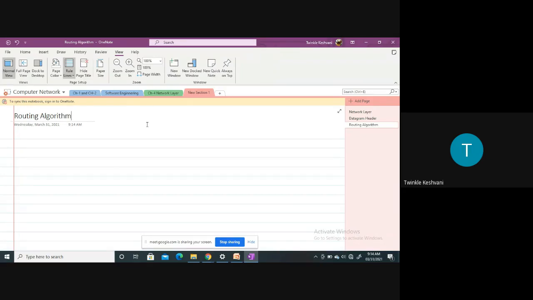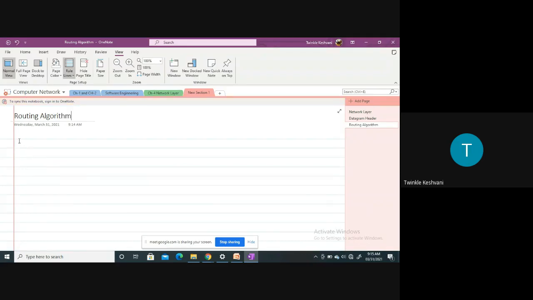So as I've said, it requires some kind of an algorithm to traverse the packet from one end to the other end, because between the source and the destination there are many intermediate nodes, right? And through those intermediate nodes the packet needs to be traversed from one end to the other end, right? So for that we require a routing algorithm. Now, routing algorithm is basically classified into two types. But before understanding the routing algorithm, there are a few terminologies that need to be understood.